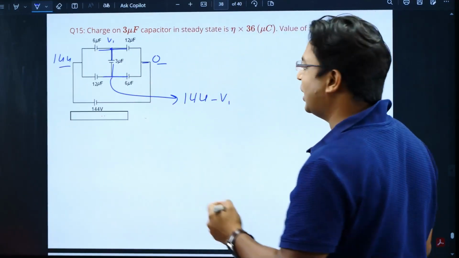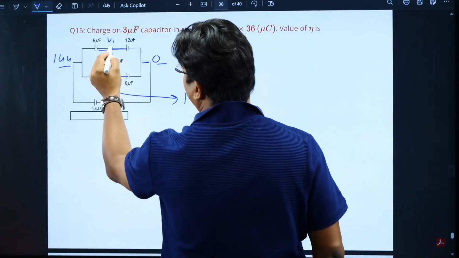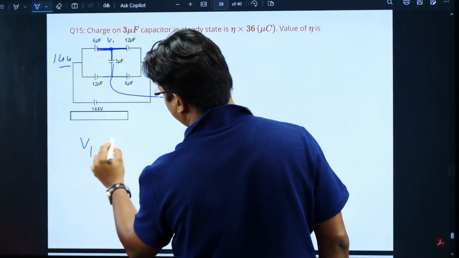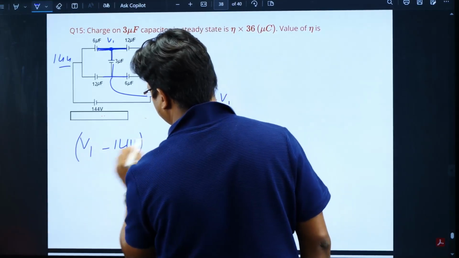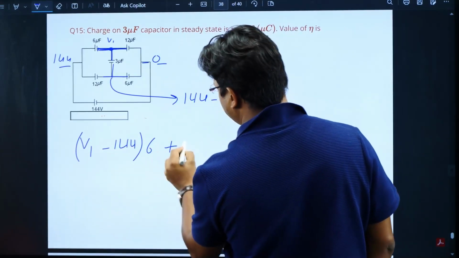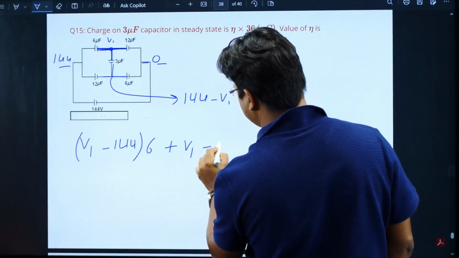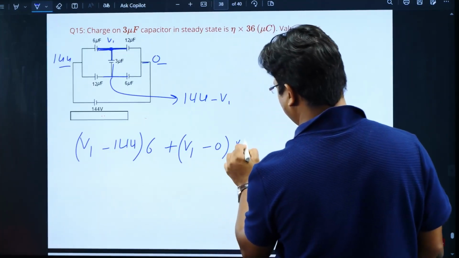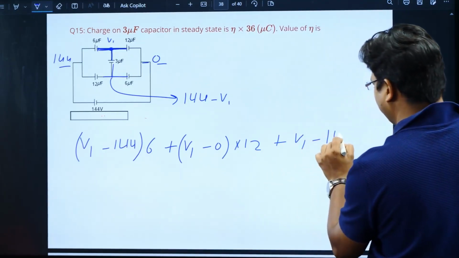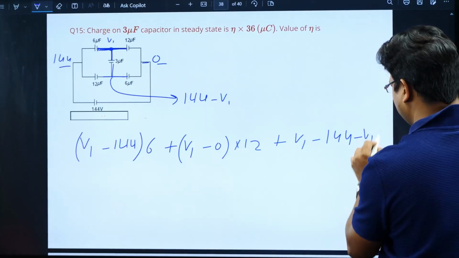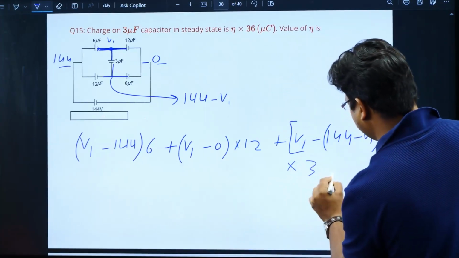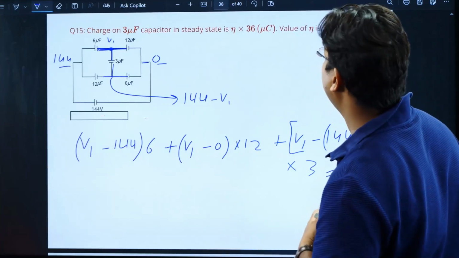Okay, now you can write the total charge present at this node as 0. So we will write it as (V1 minus 144) into 6, plus (V1 minus 0) into 12, plus (V1 minus (144 minus V1)) into 3 as 0. From here we are going to get the value of V1, and the question is asking us for charge on